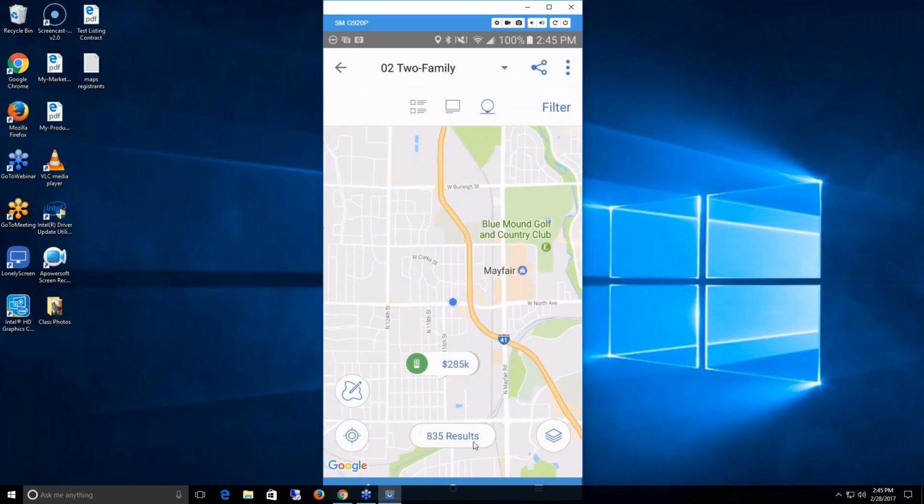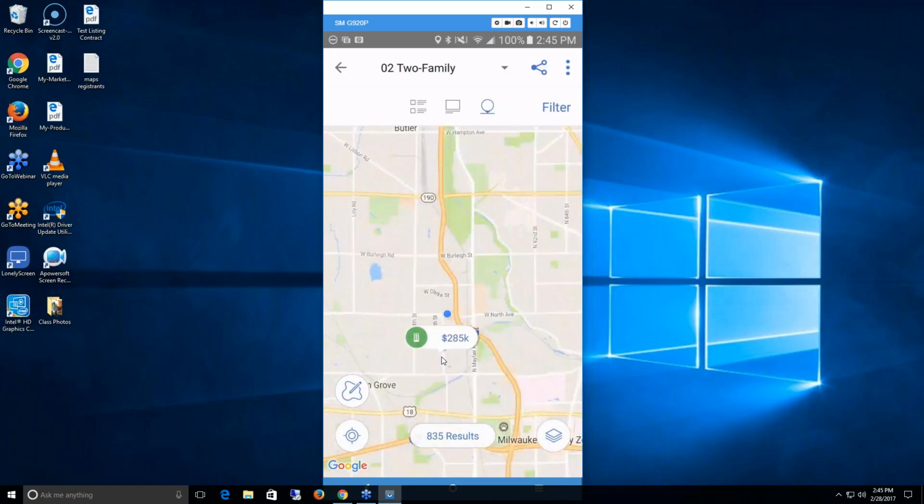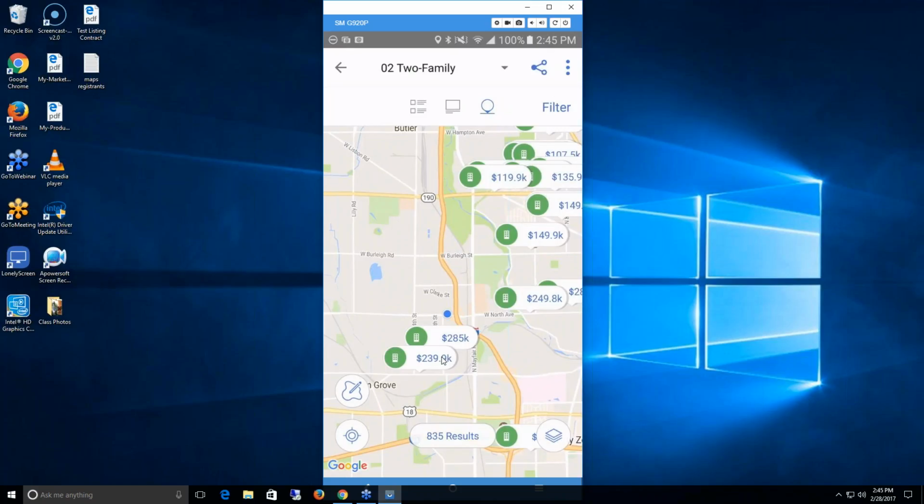Even though there's 835 results, that's in the MLS. In the location I am right now, it's just showing me that one. Again, I can pinch my map, give it a little bit more area, see if a few more will pop in. Yeah, there they are over there. Or I can spread it. I can also filter this down. So by tapping filter here,